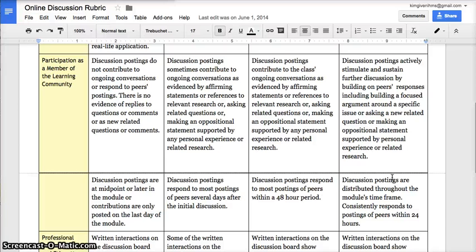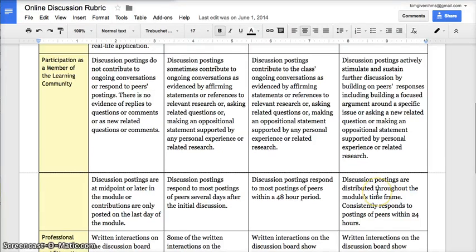You do not need to respond to every single person's post. If you're enjoying the conversation and you want to engage more, that is completely up to you. If somebody directly responds to you and asks for information, it's good practice to give them a response. But really, as far as grades go, I'm looking to see that you have given a substantive response to 2 people by the end of each week.